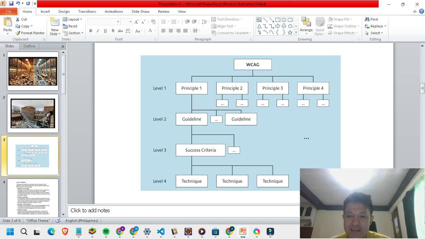For guidelines, there are 13, but they revolve around these principles. It must be usable. Basically, it stems from this principle, and the success criteria stem from the guidelines.